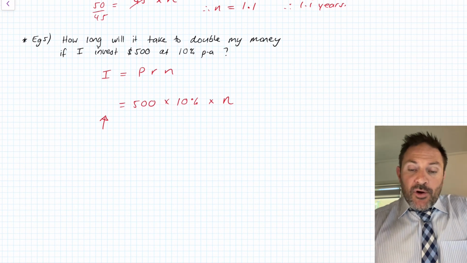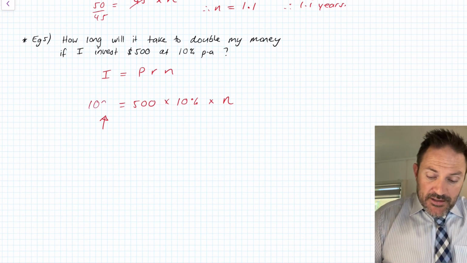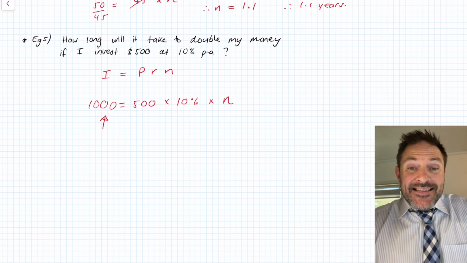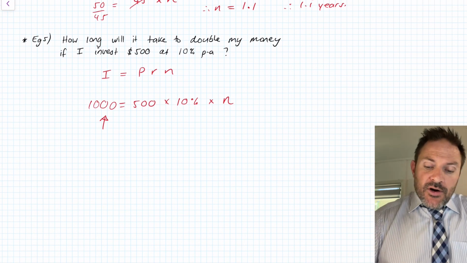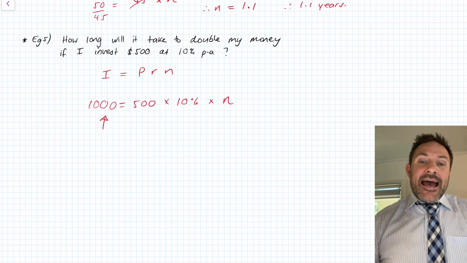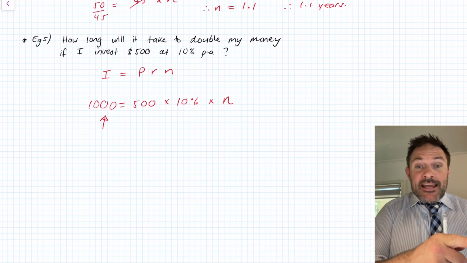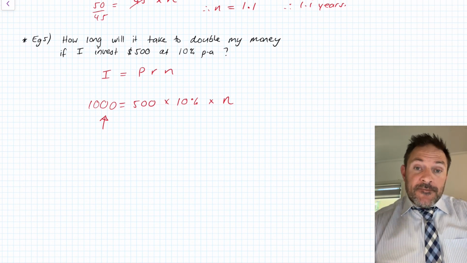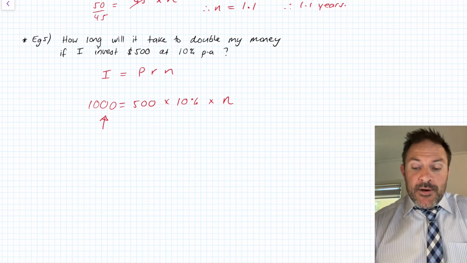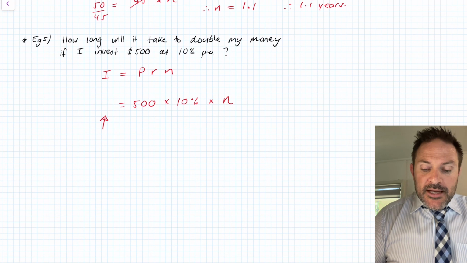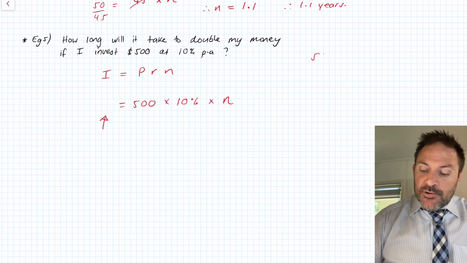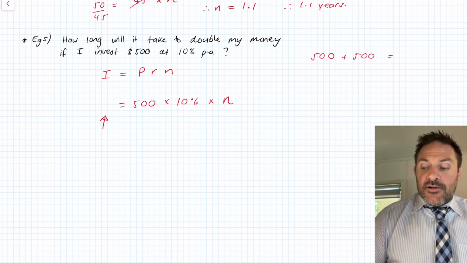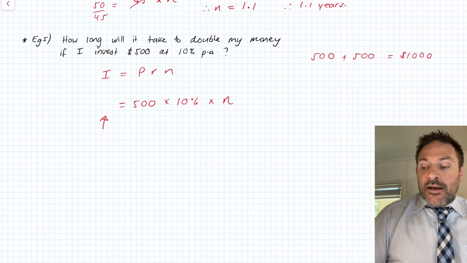Well, that's interesting because most people will do this. Double 500 is 1,000, and that's incorrect. Because if I now add my 1,000 that I'm making in interest to my principal, that's actually 1,500, and I've now tripled my money. So what does doubled mean? Well, doubled means that my principal is $500, and I'm going to add $500 to it to make that $1,000